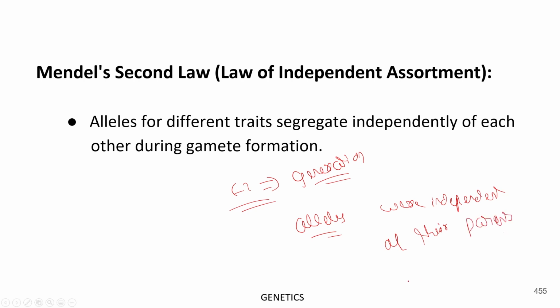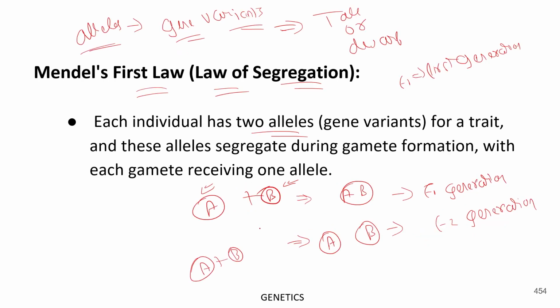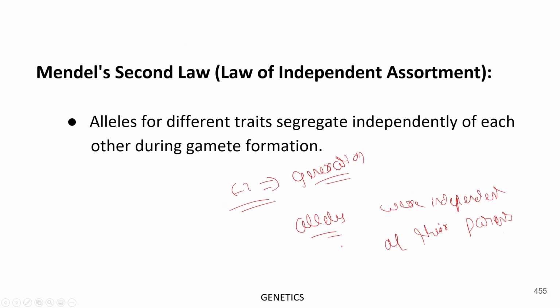Like the previous law, when A and B are matching together, the F1 generation shows either A's characteristics or B's characteristics. Similarly, in the F2 generation, they show themselves separately. Then the law of independent assortment says that in the F2 generation, F3 generation and upcoming generations, there is independency